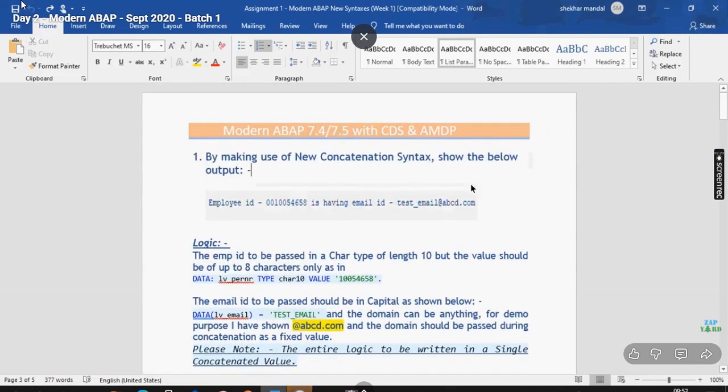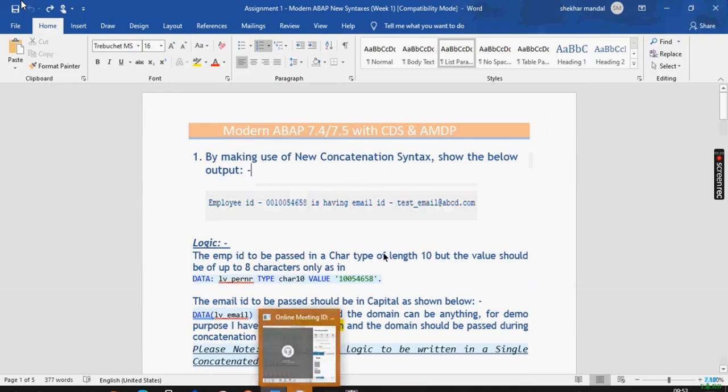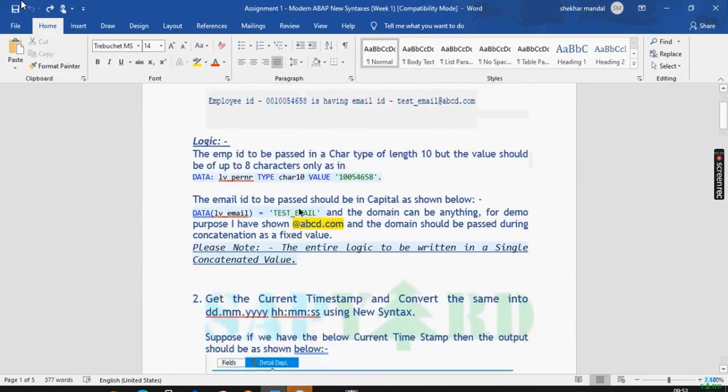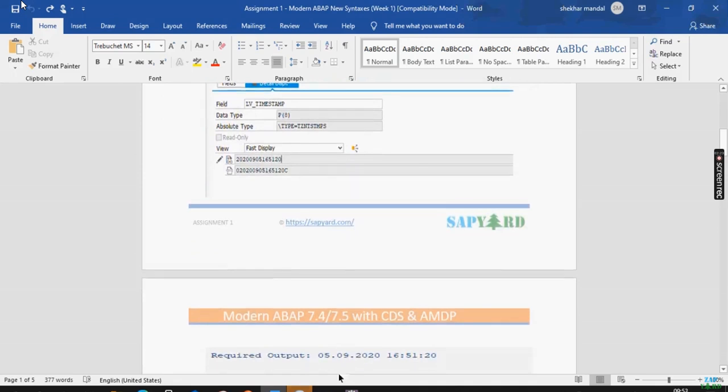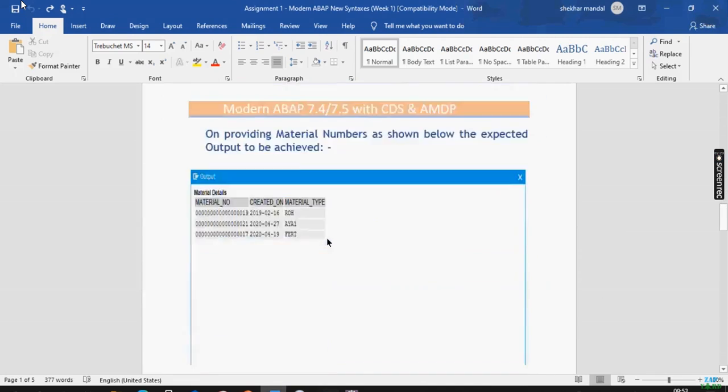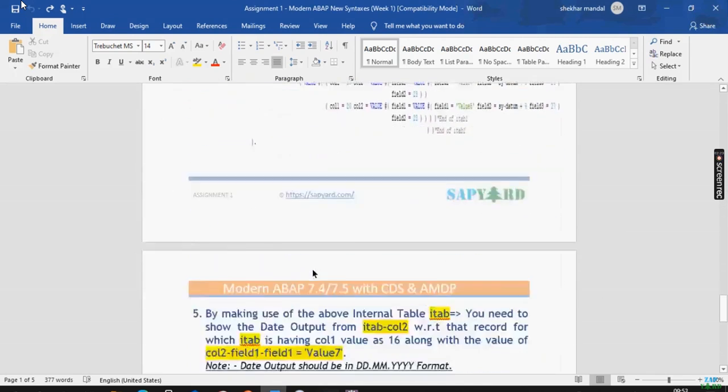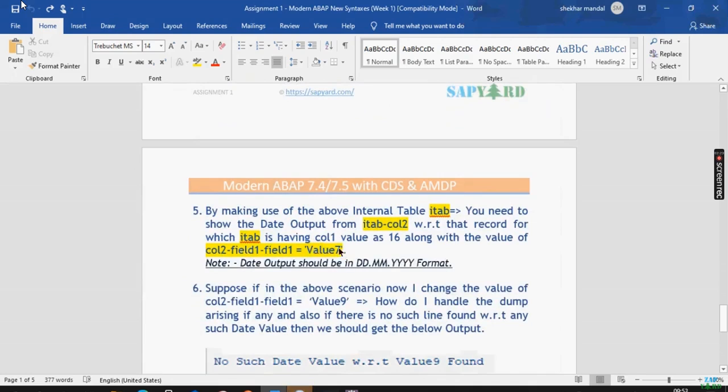The solution will also be provided to you. You can obviously take any approach, but make sure that you finish all these assignments using modern ABAP syntax only. This I have prepared with, okay,